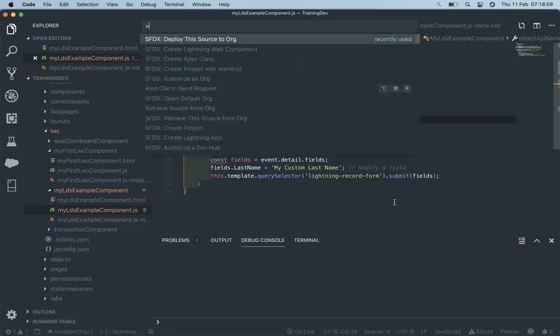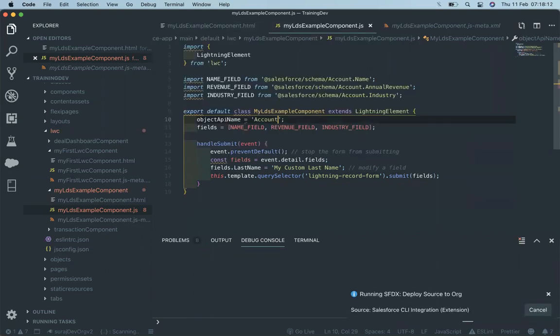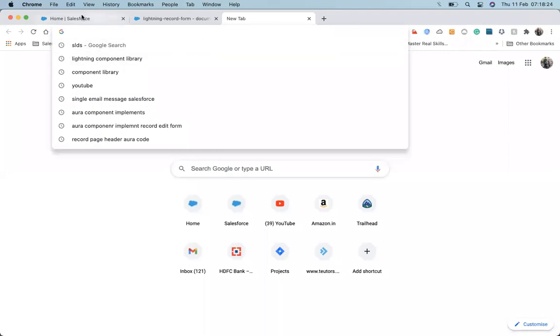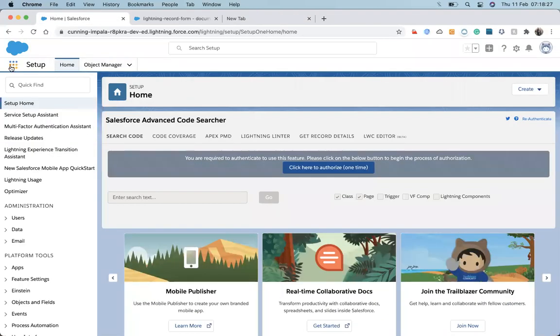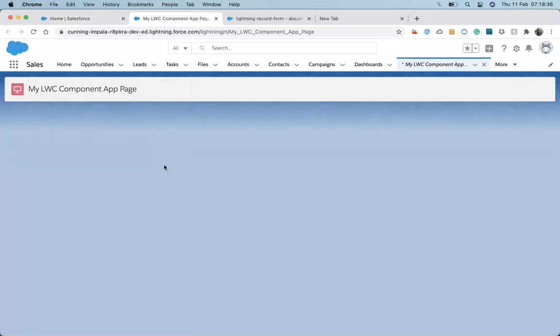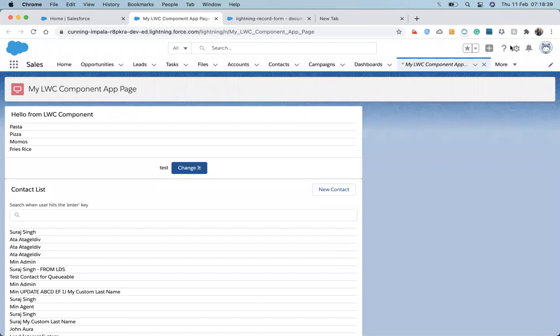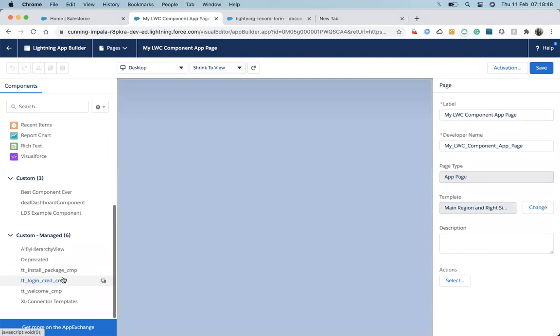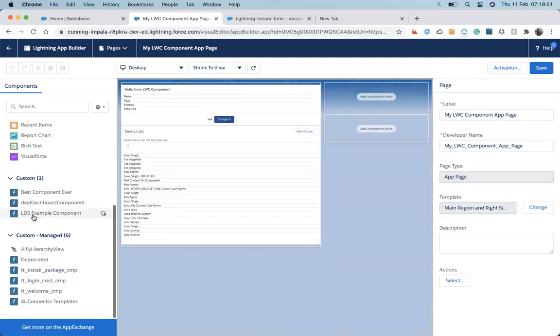Okay, let's deploy this. LWC example component.